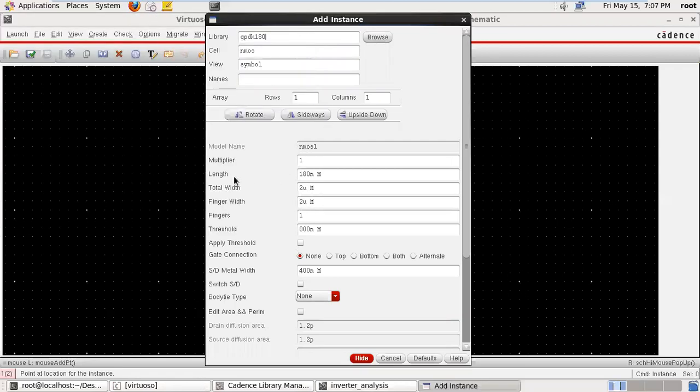Okay. So see here, this represents the length, 180 N is nanometer. This is the total width of my transistor, 2U, 2 micrometer, and it is the multiplication of finger width with the number of fingers. So this is 2U multiplied with 1, which is 2U.